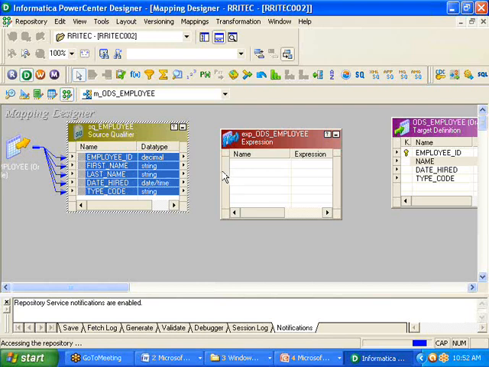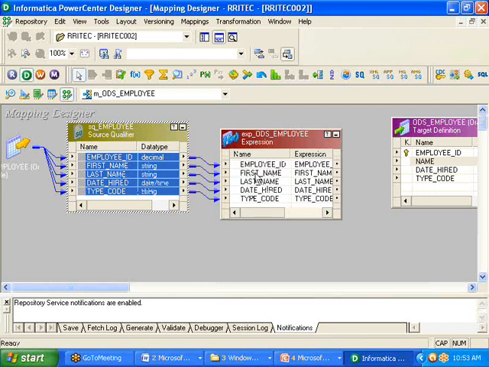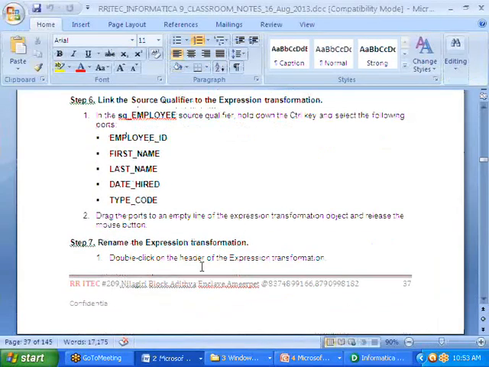You need to hold it. Mouse and you need to hold it. Hold that one. Yes, that is the way. So like this, you need to drag and drop. We are moving source qualifier to here, sir. Expression transformation, we moved it. That's what we dragged and dropped, and also we renamed. Step 7 is already completed, right?